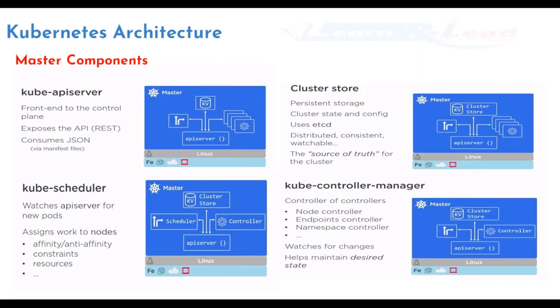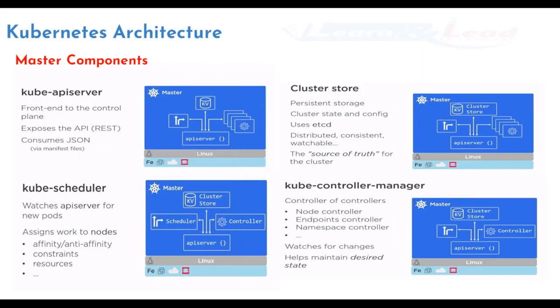Now, the second thing is the cluster store. This is a persistent storage in your cluster to store the cluster data: the cluster state, whether the nodes are up and running or not, how many containers are running, how many pods are running. All these things are maintained in your cluster store as etcd.